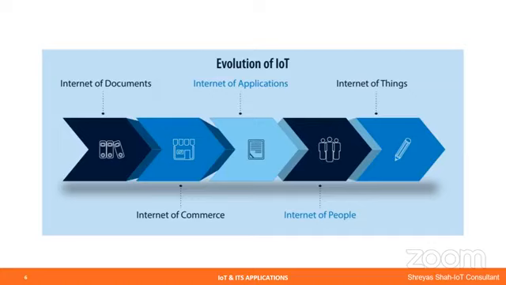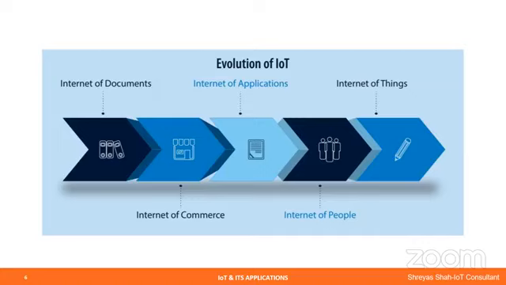That is like the internet of documents. Initially we had the internet in the 1980s and 1990s, but its use was different. This slide resembles that evolution. It started with documents, that is, we were connected to the internet with our laptops or PCs, the systems. In those days big computers were there; these days many small microcomputers are there. These computers were connected in a network and data transfer could be done.